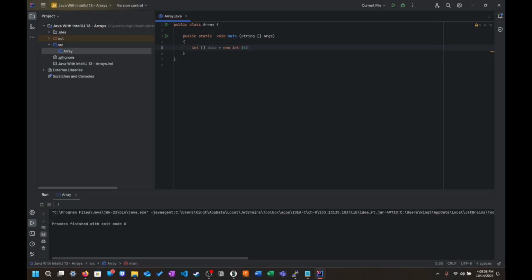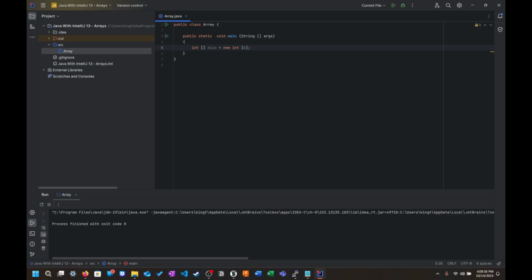So the reason I put dice is we're going to be making a program that rolls dice. And there are going to be functions that you guys will never have heard of, like the random variable. So it's just going to be a bit more than just understanding how to implement arrays. Anyway,